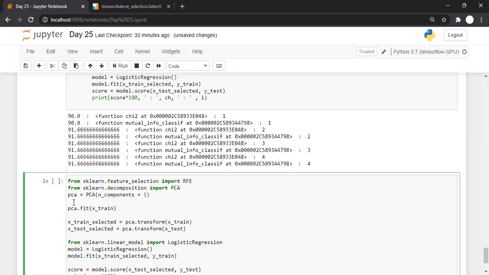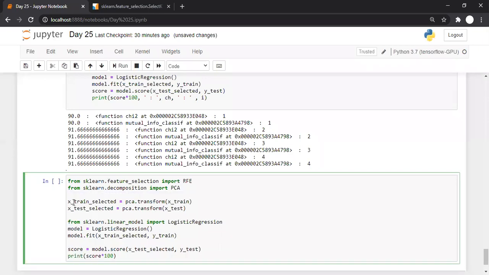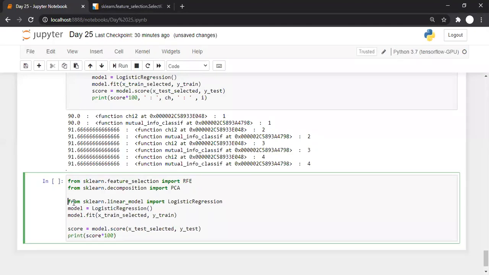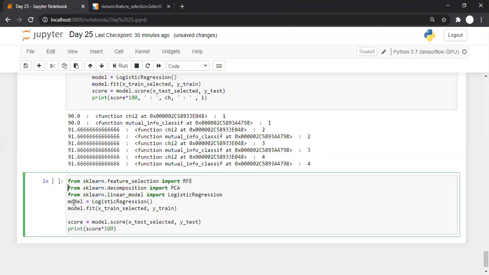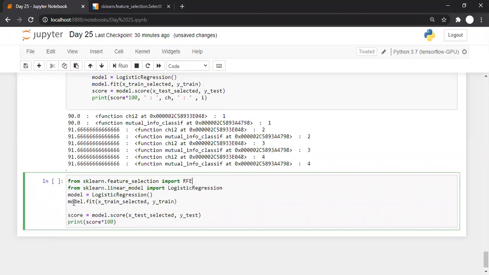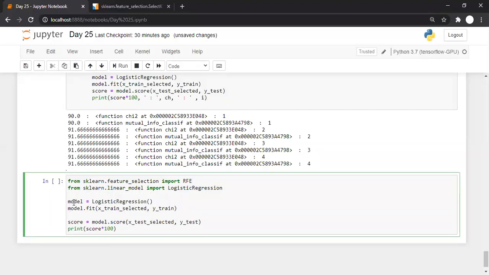And now we will not use this PCA, so we don't want this PCA, so I'm deleting this thing. So we want recursive feature elimination, we want logistic regression, then we'll create a model for logistic regression, and then